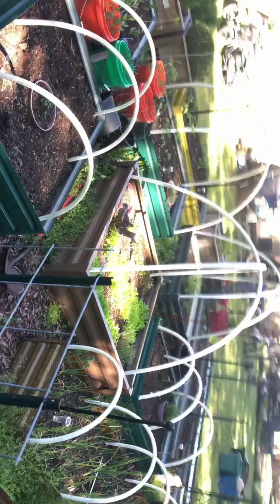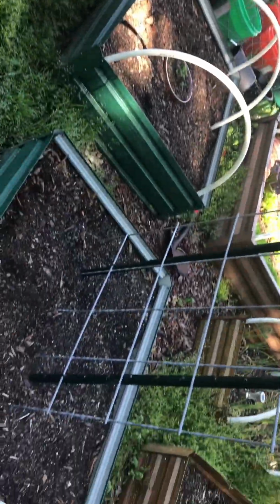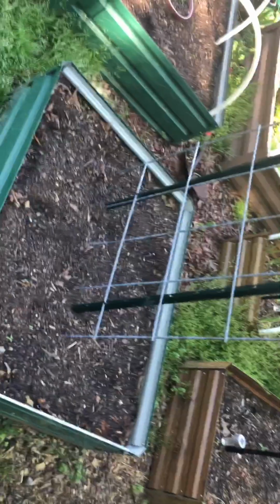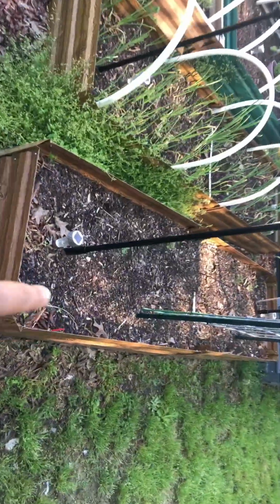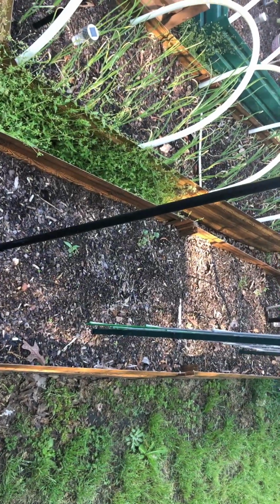But this is the garden thus far. This is another bed that's been treated. So these 2 beds here, which are side by side from one another, these 2 beds are being treated with the cayenne pepper and the cinnamon for the ants. I have not put anything in this bed yet. This bed is going to have to be cleaned up, weeded out really good, and then I'm going to have to get